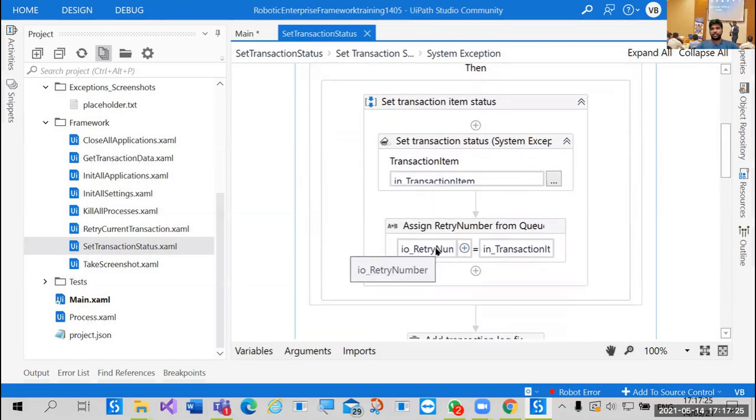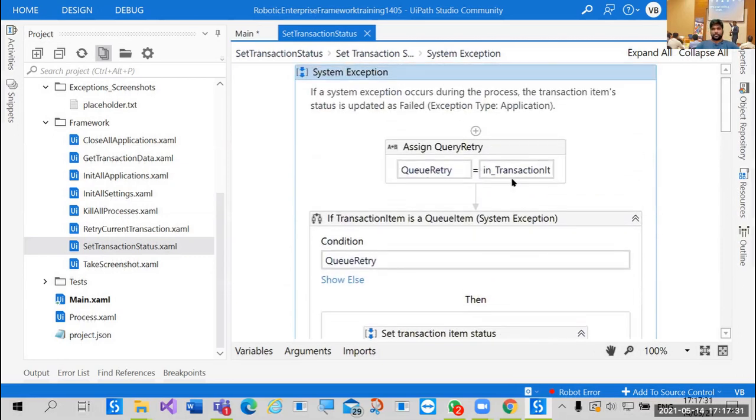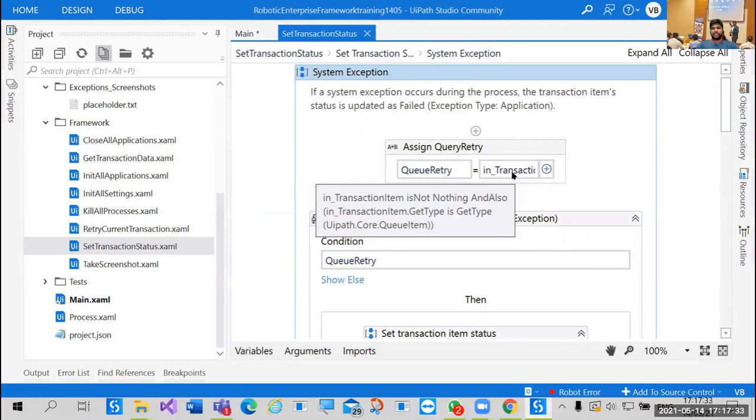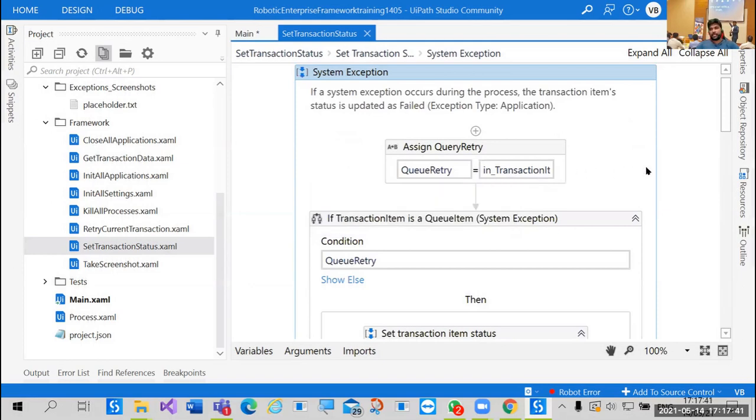The transaction item retry number equals the transaction item's retry number only if this is a queue item. If the transaction item is not nothing and it's of type queue item, only then is it taken from Orchestrator, or else this will be taken from our config file. So one more interview question: if you want to change the retry when you are not using Orchestrator, where will you do it? In the config file.